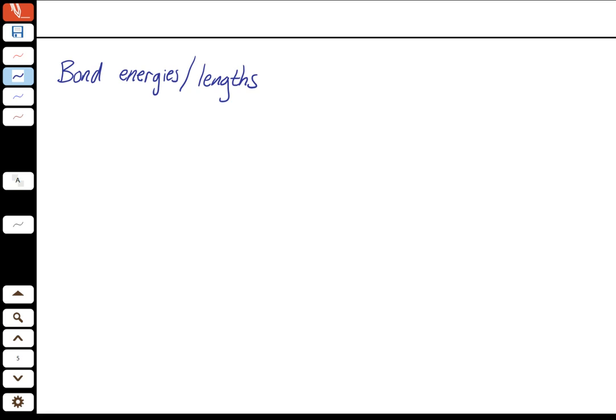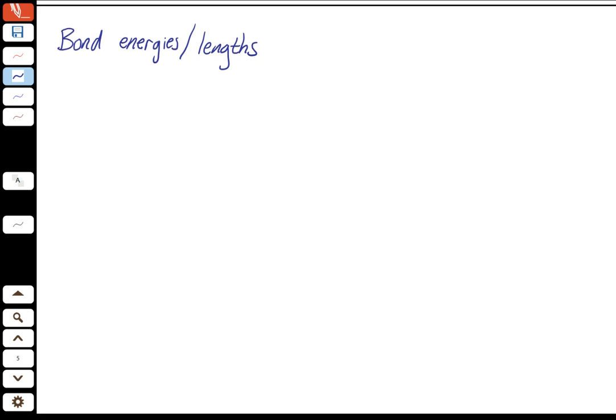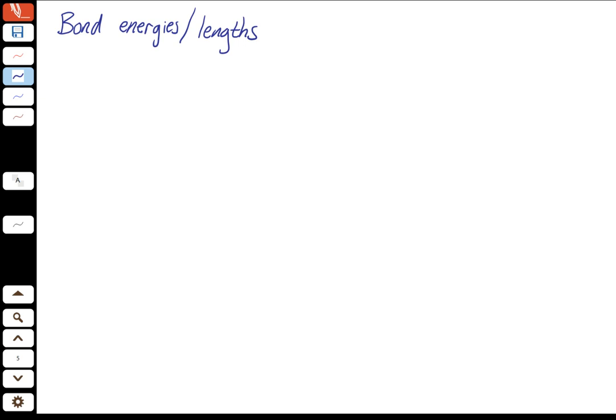Or we're looking at bond lengths, which are also related to the type of bond, whether it's a single or double bond. So when we're trying to see, for instance, in a carbonate ion, what are those actual CO bonds like? Are they single bonds? Are they double bonds? Are they in between? We're looking at bond energies and bond lengths. These aren't things that you need to memorize, but just to give you an idea of what kind of numbers we're looking at,